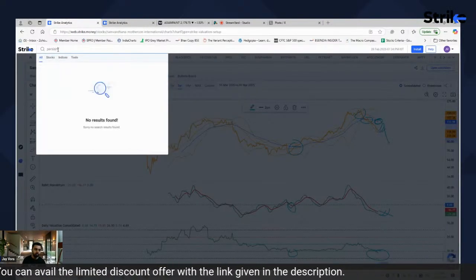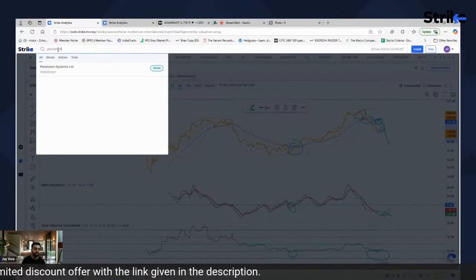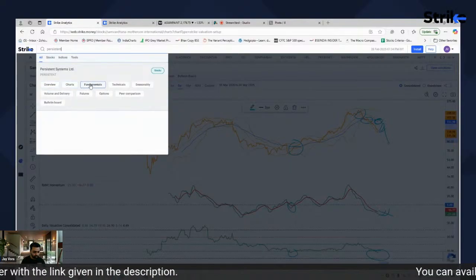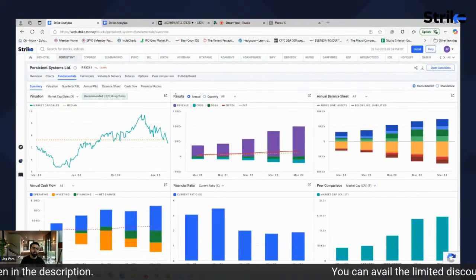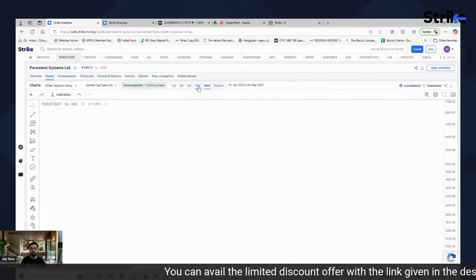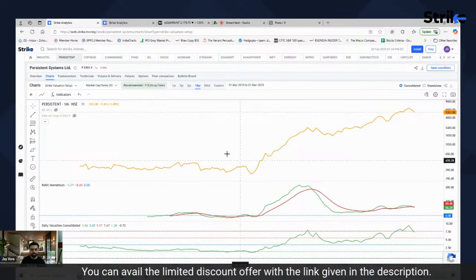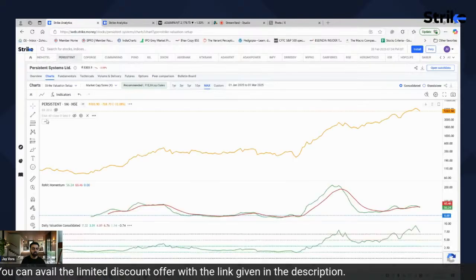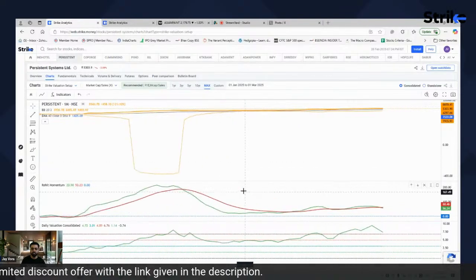Now I will give you one more example. I know most of the people are very gung-ho about this stock, say Persistent Systems. All this while it was not giving a red flag because it kept rising higher, without any issues. So say for example, if you,